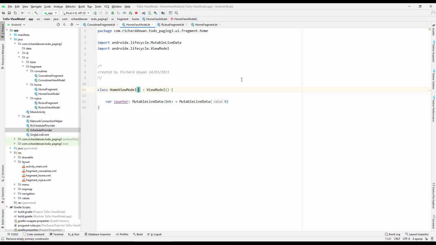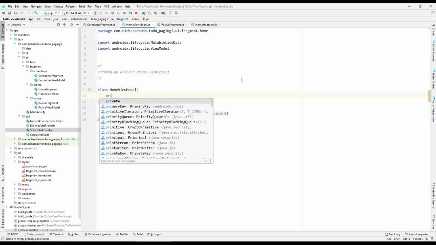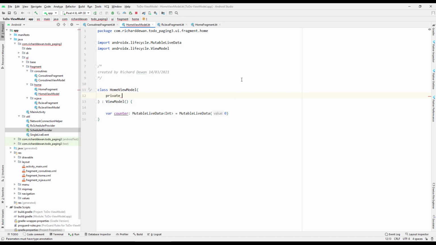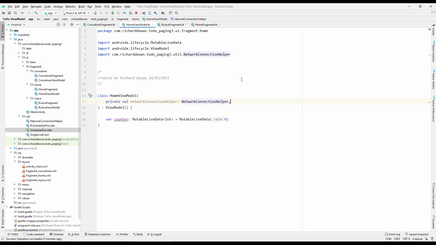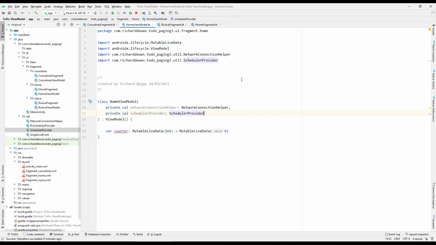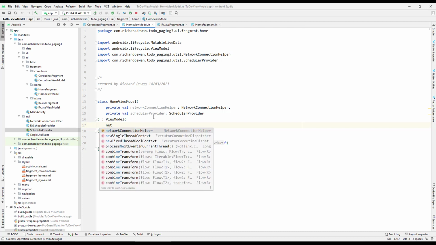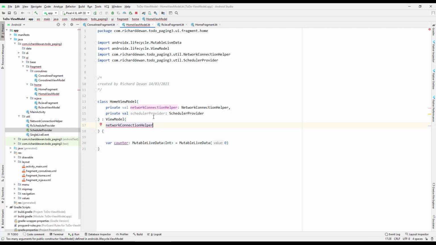In the constructor, I pass a private val of the network connection helper, and the second is a private val of the schedule provider. So I have these two constructor parameters in the view model, and I need to pass that to itself. So I'll just say network helper connection, and also I will pass